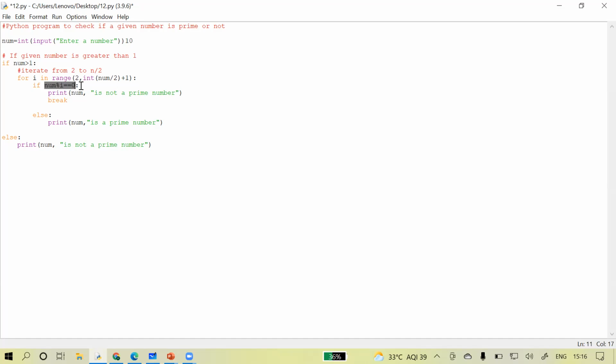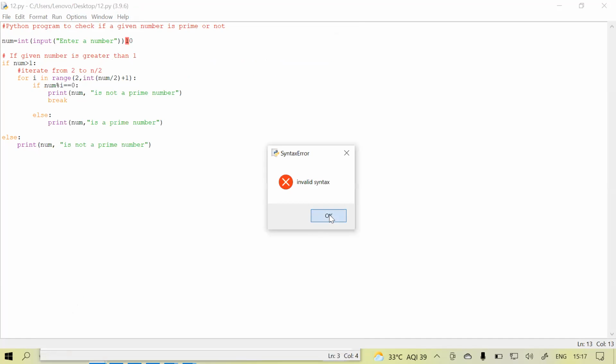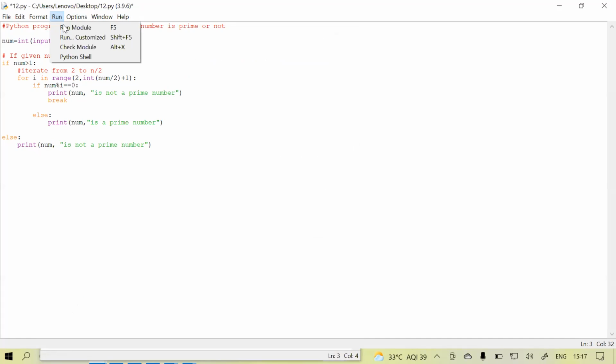Otherwise, if it is not divisible by any of the numbers between 2 and 5, it means it is divisible by itself only and by 1 only. So you will get it is a prime number. Okay. So let me show you by running it. Okay, I have to just remove this 10 from here. So if I run it,